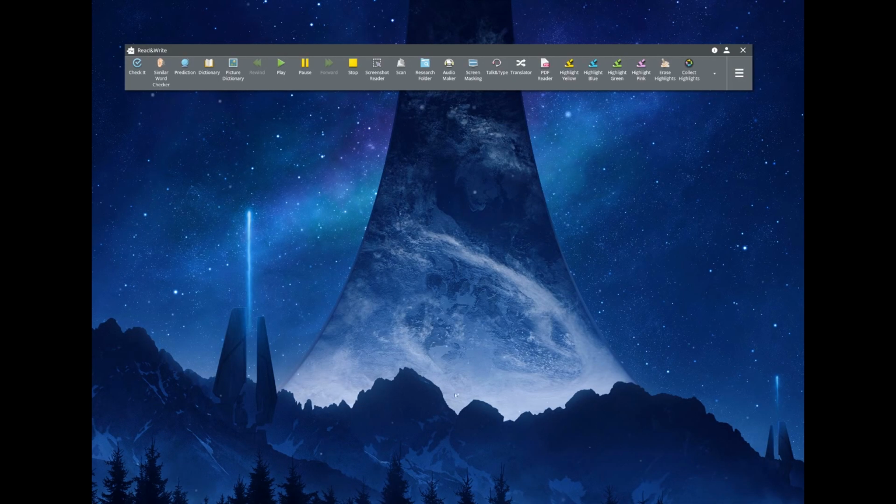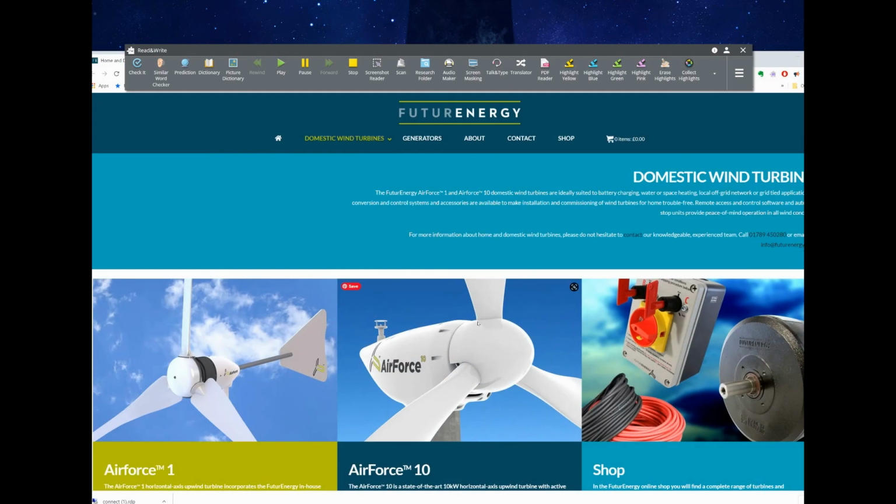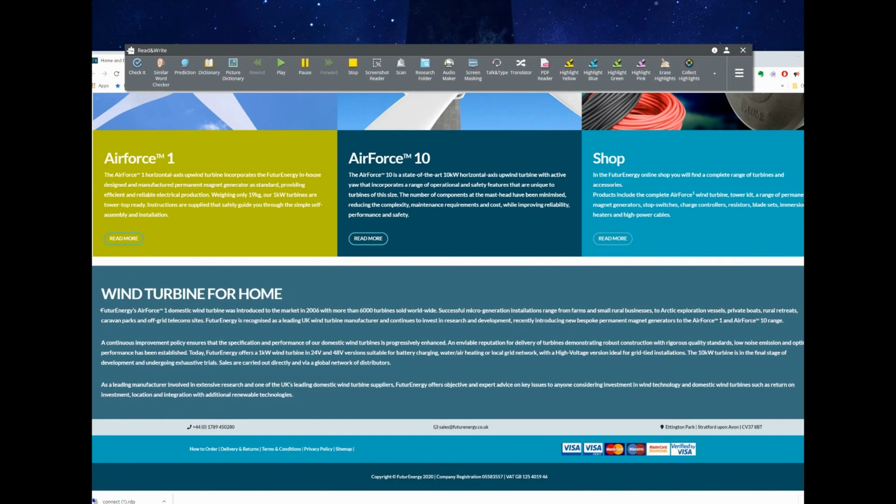Okay, so using the highlighters on a website, the first thing I have to do is open my browser, which in this case is Chrome. And I have a couple of websites open here. I'll use this one, and again it's simply a case of highlighting the information that I'd like to retrieve, work my way through the website page, retrieving and highlighting as I go. When I'm happy that I have everything that I want,